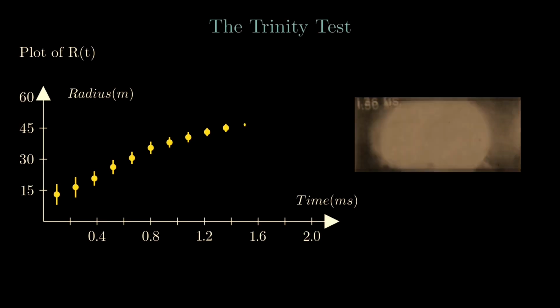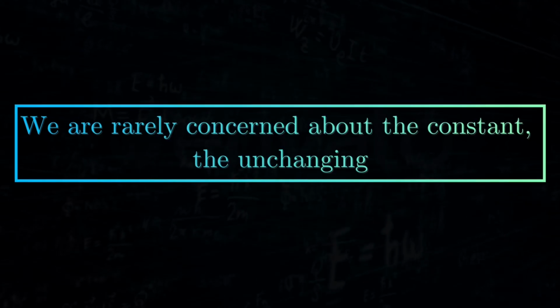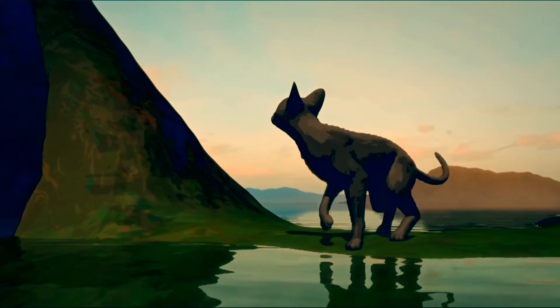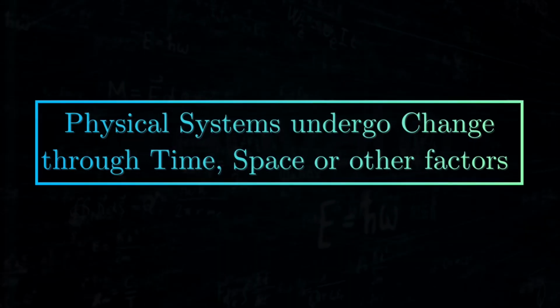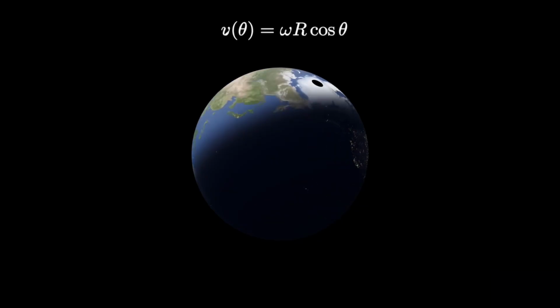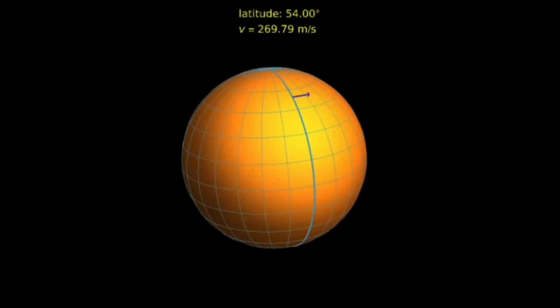You've probably noticed something along our journey here through physics until now. Very rarely are we solving for things directly. Instead, almost always, we are tracking how systems change through time or through space or depending on other factors. Think about the velocity of a point on a celestial sphere as it rotates about its own axis through space. It changes as we move away from the equator to the poles, where it effectively becomes zero, thus depending on